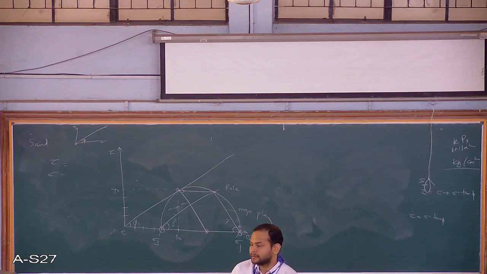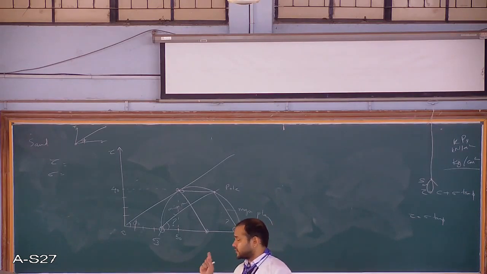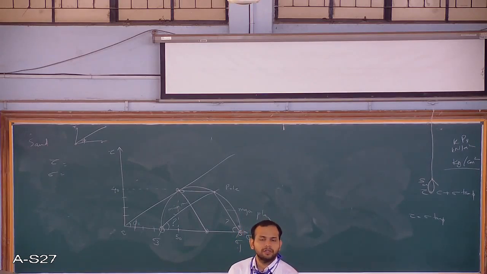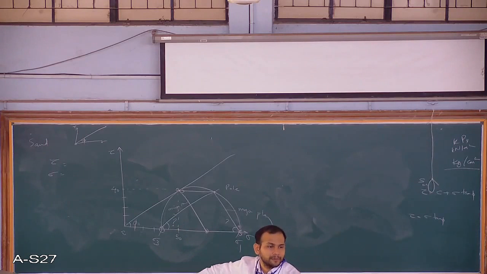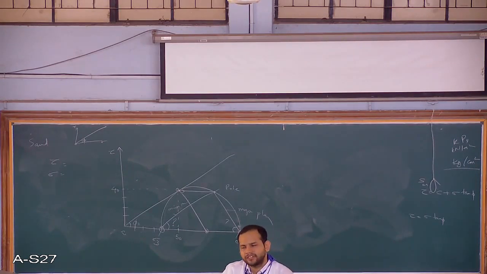Another hint I would like to discuss is the Mohr circles. For every test, for every condition, we have different Mohr circles. For the direct shear test, the Mohr circle is somewhat like this. If it is c-phi soil, that line will start from some intercept c. Otherwise, the Mohr circle remains the same, with the pole, sigma 1, sigma 3, and the point of failure on the circle.